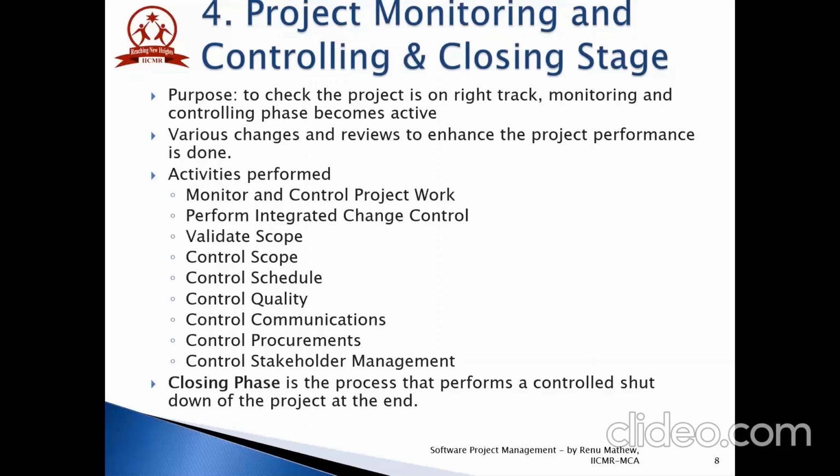And it also ensures that the proper steps are being followed in order to comply with aspects such as process, policies, or regulations. The four main outputs from the process are integrated change control, approved change request review, and validated changes. Control communication ensures that the right information reaches the stakeholder.